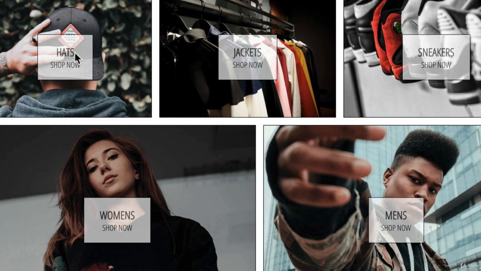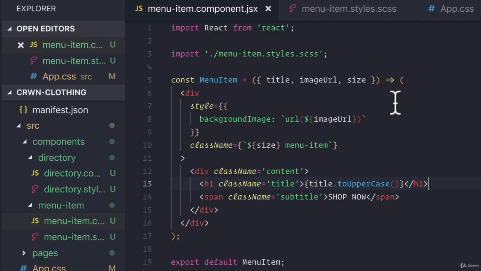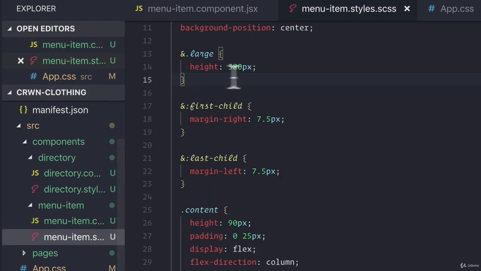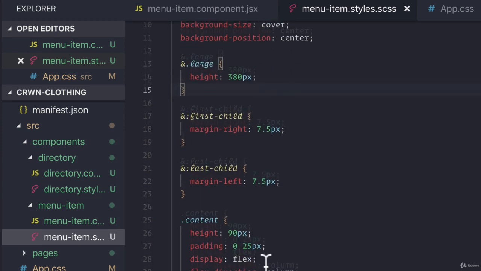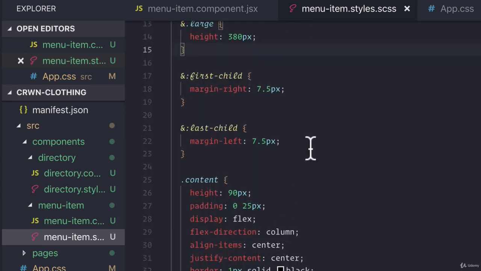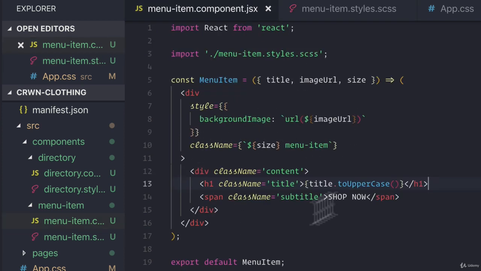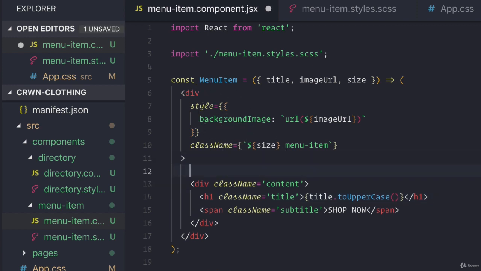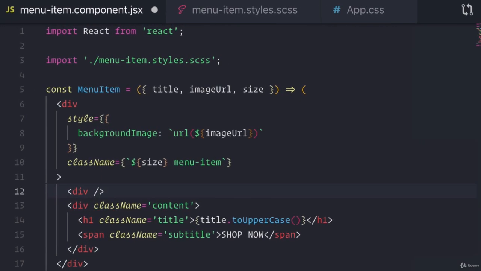And as far as our hover transition goes, this is going to be a bit of CSS that I will explain, but I don't want to go too in-depth about it, but I'll definitely cover enough that everything should make sense. So what we're going to do is add a new element first to our menu item component. Our background image, we want it to increase whenever we hover over our menu item, right? So we're going to add